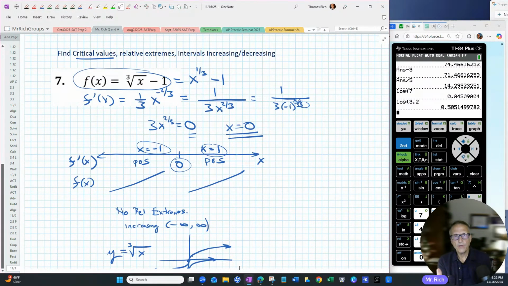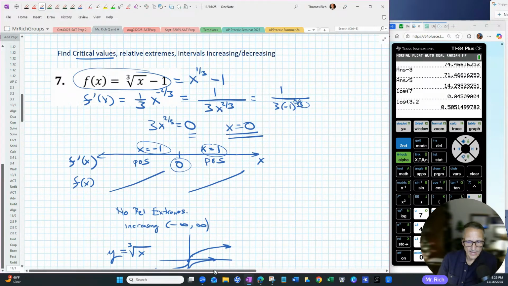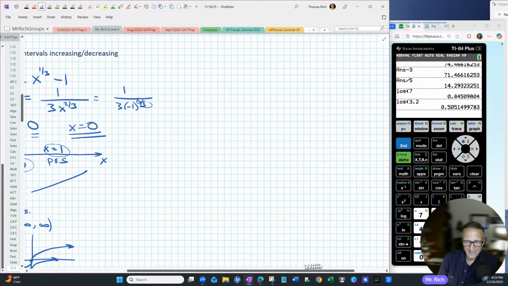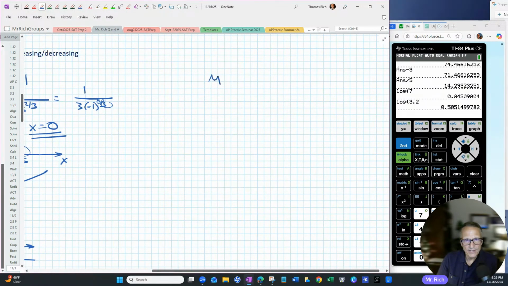Nobody ever asked you, hey, find where this function reaches a maximum value. With one exception, though. I told them that ever since algebra 1, you've known how to find critical values of quadratics. And so I asked students, if you have a quadratic that's written in standard form,